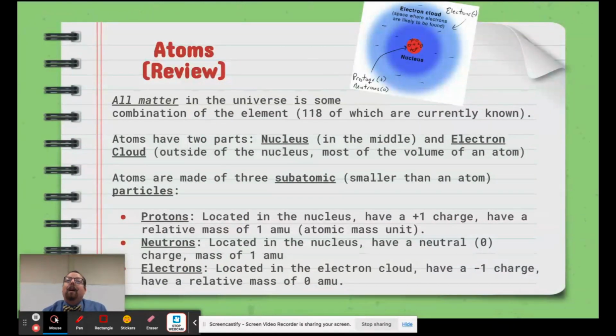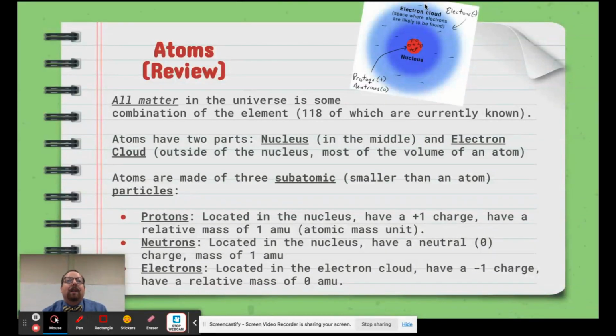here we go. All matter in the known universe is made up of some combinations of the 118 elements that we know of today. Each element is distinct from every other element and has its own unique chemical and physical properties. In fact, the number of protons in an atom is the big defining characteristic that tells us what element our atom is. Atoms are made up of two locations: the nucleus, which is right in the middle and makes up most of the atom's mass, and the electron cloud, which is outside of the nucleus and makes up most